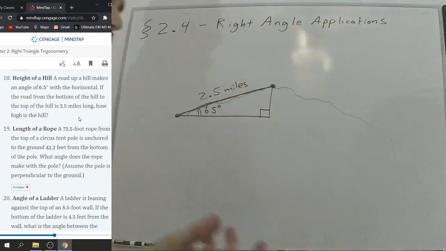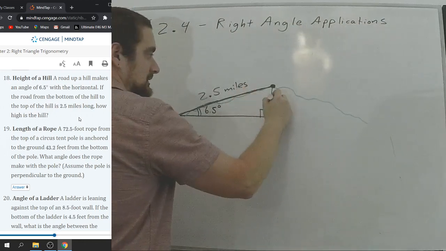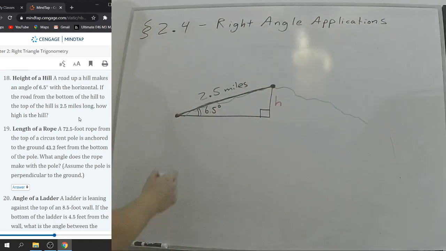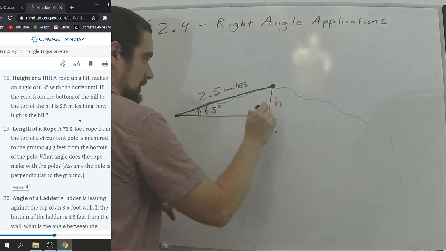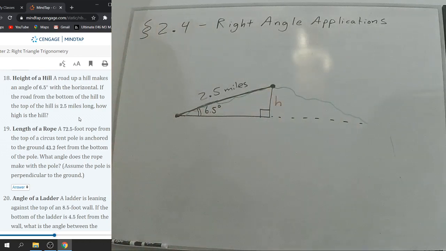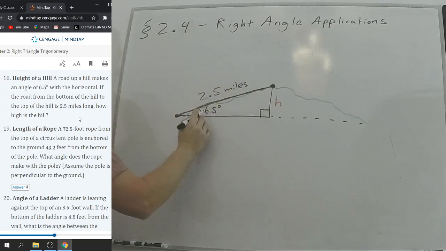We've got the hypotenuse, and we've got the angle involved. We are looking for that opposite side of that angle. I'm just going to call it h for the height of the hill. If this is the horizontal, I want to go straight up and find the peak, the highest point. And I want a trig function that involves the opposite side and the hypotenuse based on this given angle, 6.5